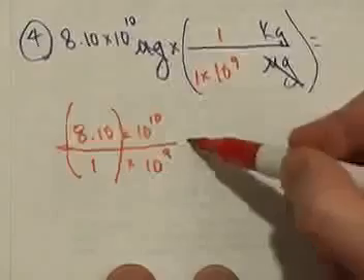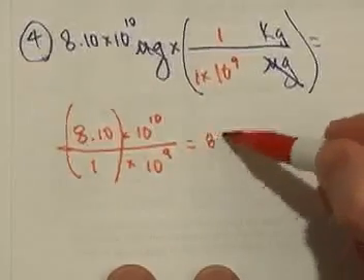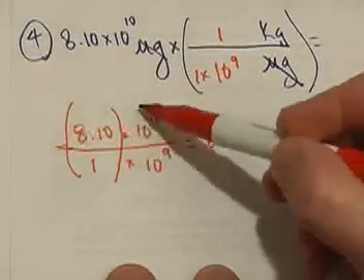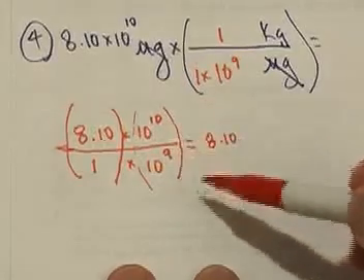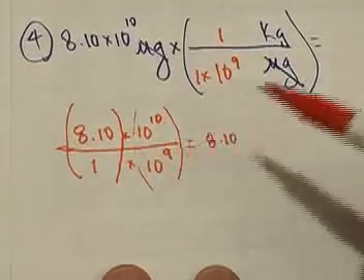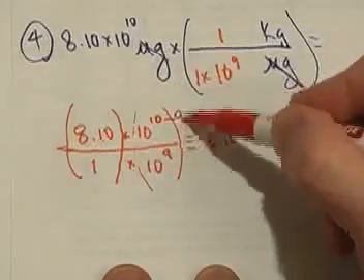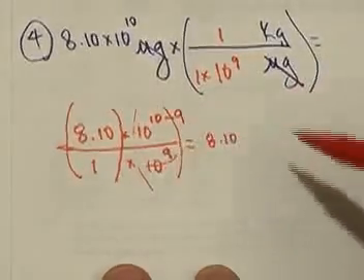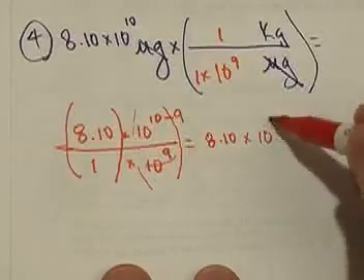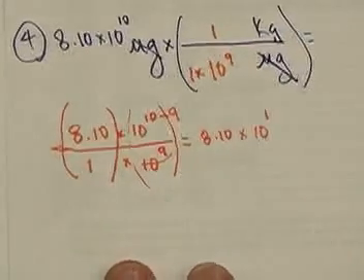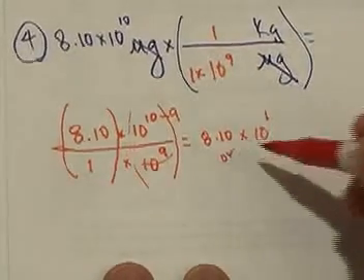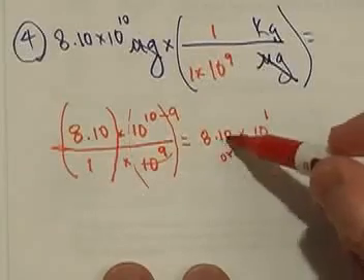And of course 8.1 divided by 1 is 8.10. Now these parts right here, since they're exponents, when they're being divided, it means you subtract the exponents. So it's 10 minus 9, and 10 minus 9 is 1, so this would be times 10 to the first. 8.10 times 10 to the first, or it could also be written, moving the decimal point one place this way,